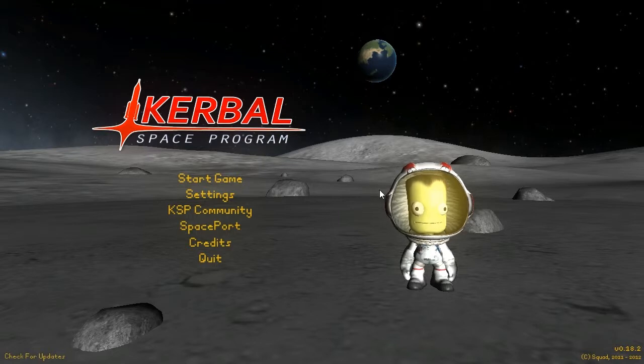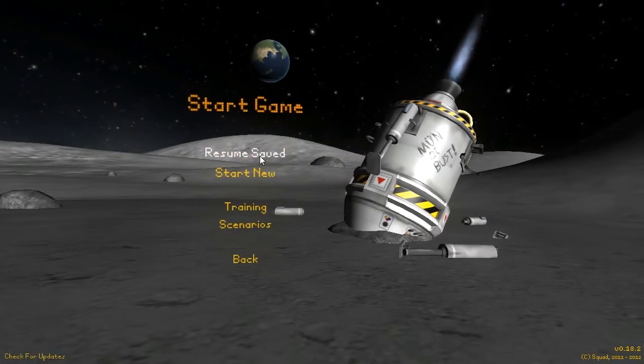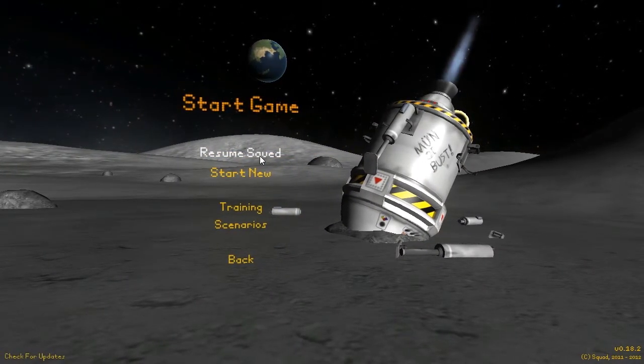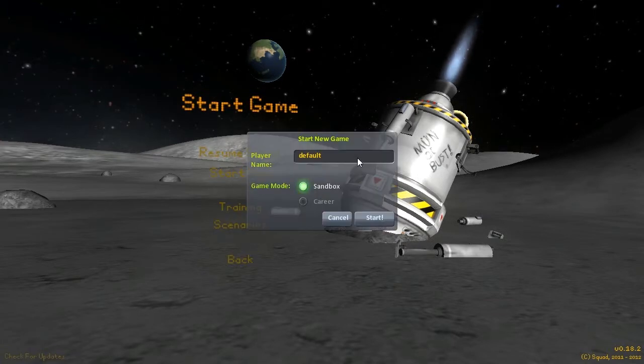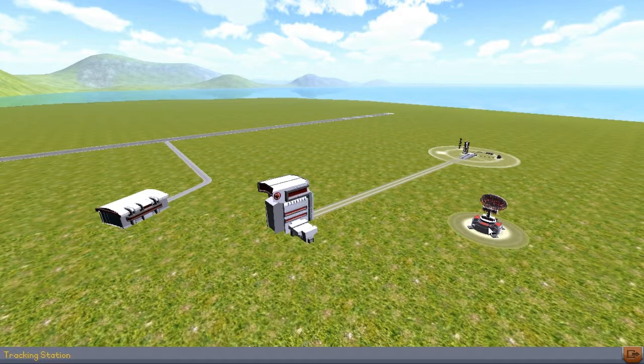Alright, so what you're going to want to do is start out by hitting Start Game. And that'll just take you over to the list of saved games. You can do different saves for different scenarios or whatever you want to do. What we're going to do here is just start a new one for now. But you can definitely resume. So I'm just going to start a new game here. Doesn't really matter what it's called, and I'm going to start new, and it's going to take me directly to